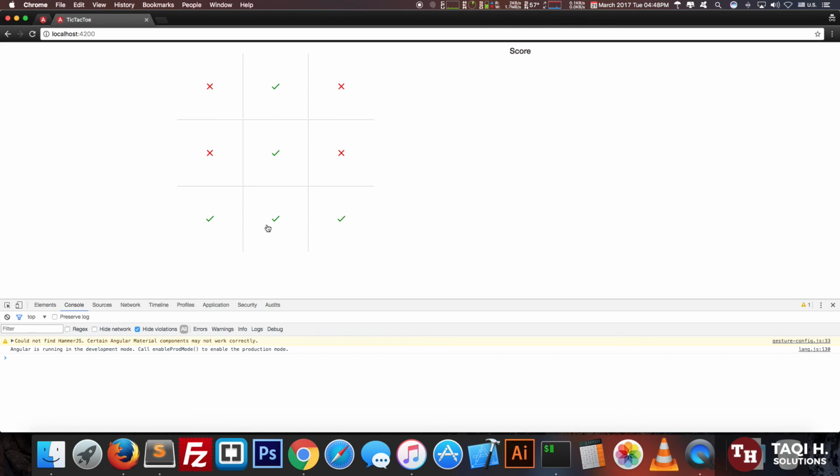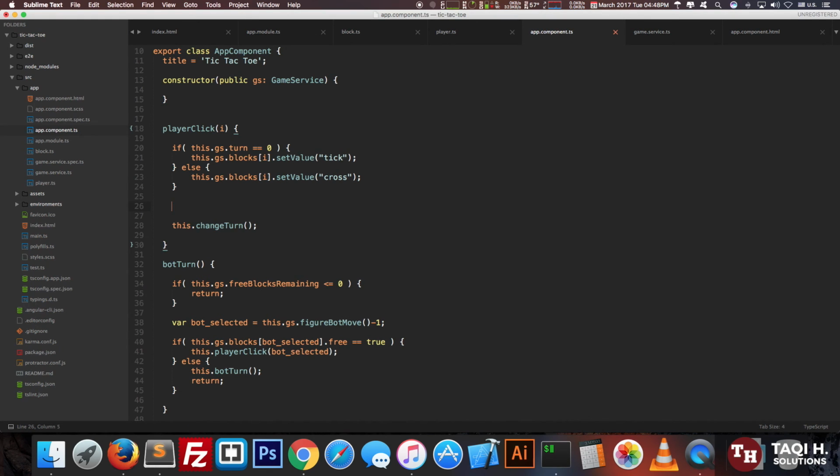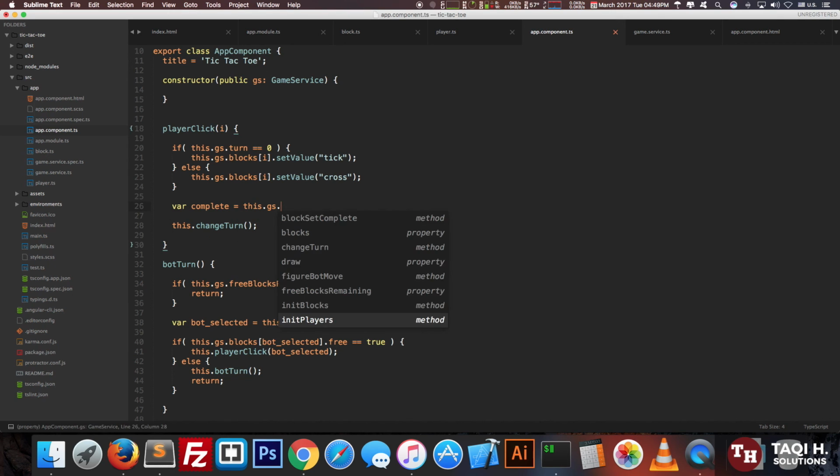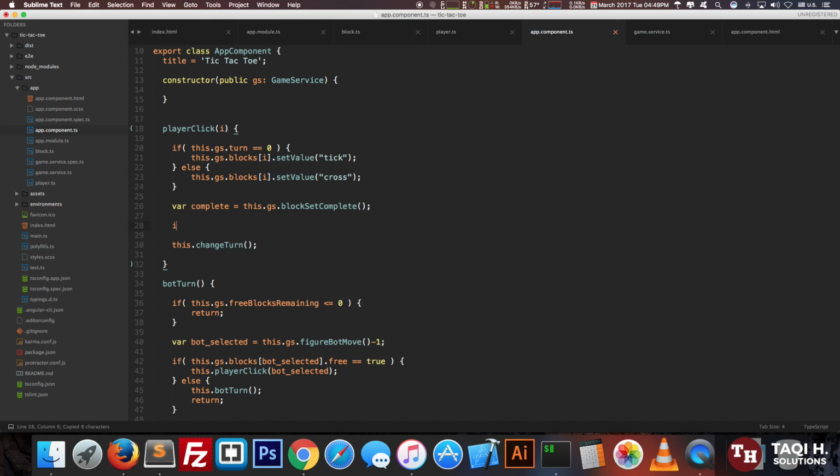So what we will do is first add a variable here that will check whether the game is complete. So we will call our block set complete method. If the game is complete, that is, the block set is complete, it will